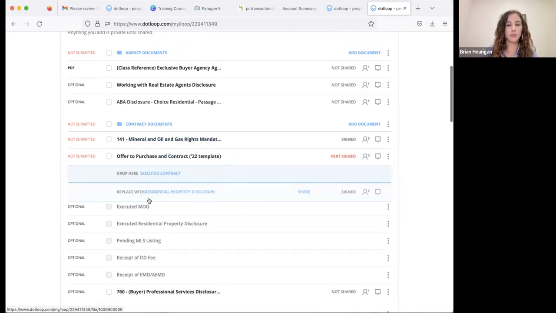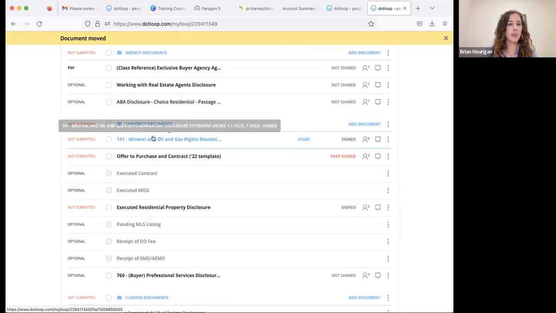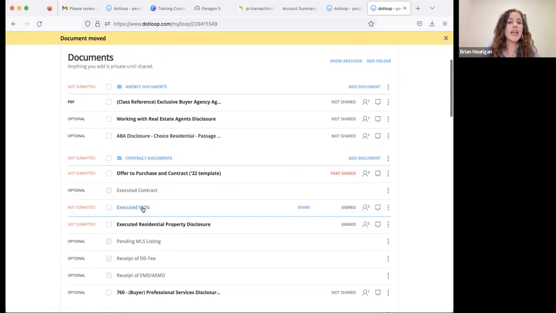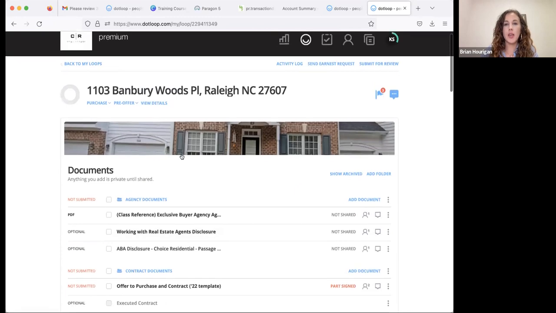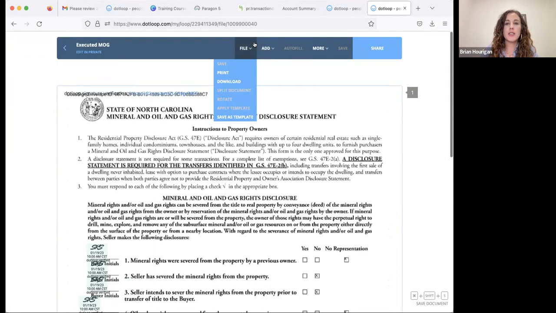Now, like I said, once they have signed, I can then drag and drop those into the associated field, and it will take that place. Now, one thing, occasionally you might run into the situation where, oh my gosh, I dropped it into the wrong field, right? Fret not, you can always go in to that given document or into the loop itself,